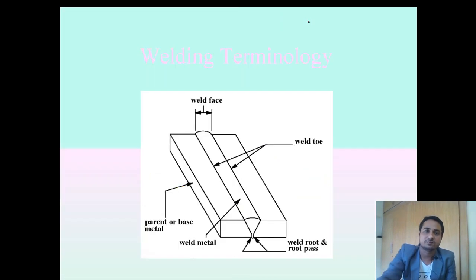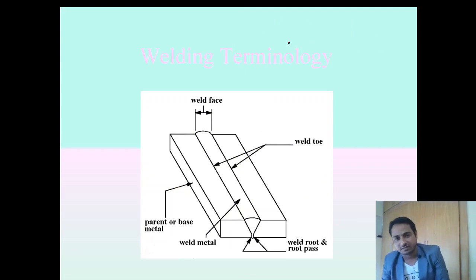So now we'll move ahead. Prior to seeing the different types of welding defects and how they look in radiography, we will see the basic welding terminologies. First, this is my weld joint. These two plates are welded, and this is my weld joint, and this is my root, the weld root. This is the weld root at the bottommost position, and this is the root pass.